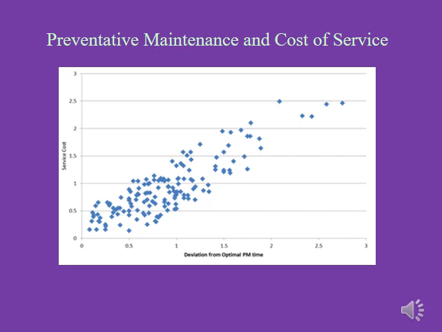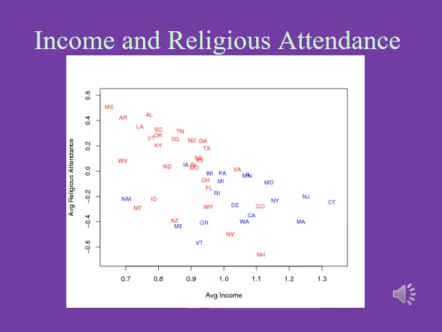And the point of it is, if you postpone getting that service, it's going to end up costing you more money. And that's the whole idea, that when one thing goes up, the other one's going to go up as well. The scatter plot actually has a whole bunch of different things shown on the same graph, but the main